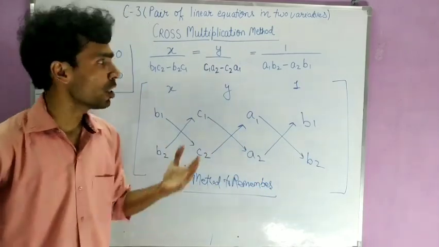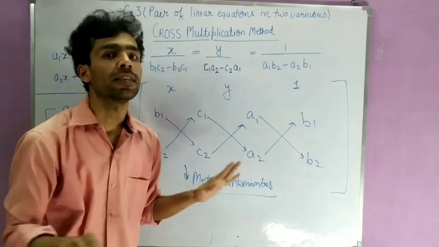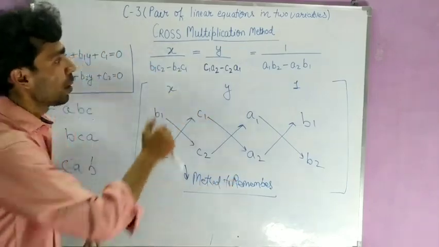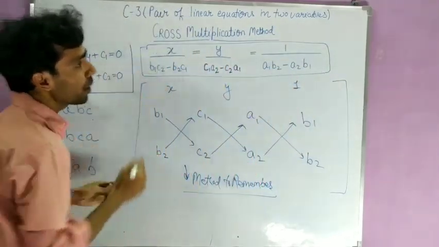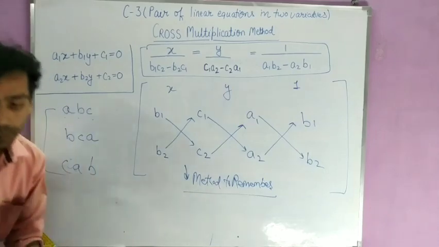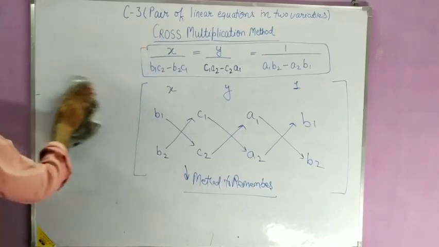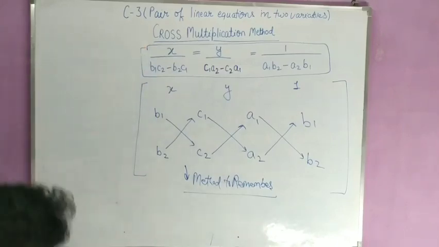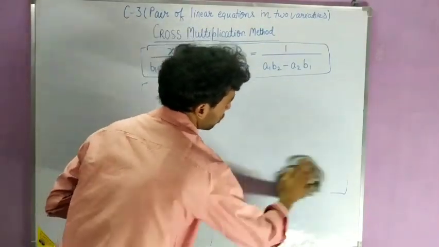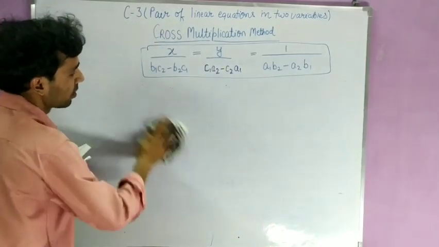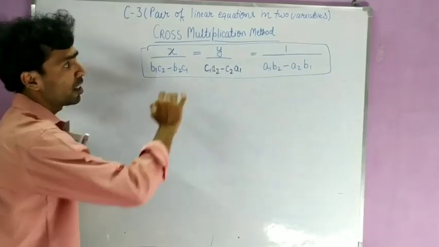Listen student, if you are not able to understand this, don't panic. When I give one example now, then you will easily understand. What I am going to do is place this formula on the board so that you can see. Now one question we can solve by the cross multiplication method. Suppose I am removing this formula downside, because it is the short trick, so I can erase it. It is the short trick to memorize the formula. If you don't want to write this, don't write, just remember this formula.